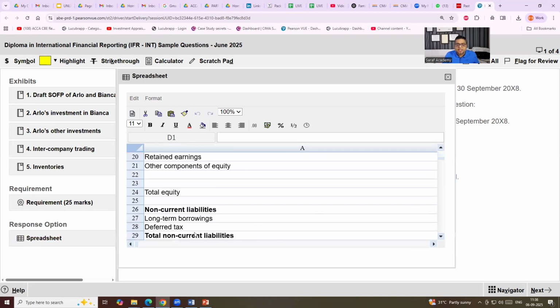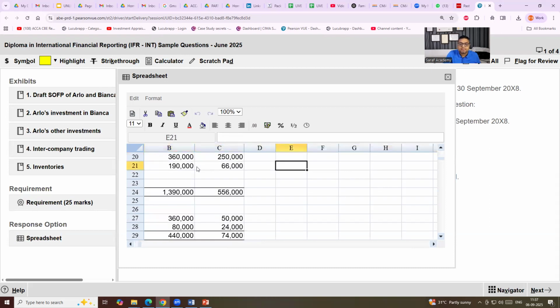Like in the practical world, the format is ready. Similarly, the format is already ready with the figures. Now, what you need to do with the figures, plus, minus, whatever, you can do here. Suppose I need to do plus 5,000 minus 2,000, and then I want to write the figures here. Equal to this plus this plus this. So my total figure is coming.